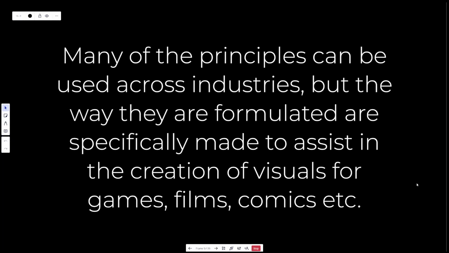Okay, let's move on here. Many of the principles can be used across industries, but the way they are formulated are specifically made to assist in the creation of visuals for games, films, comics, etc. Yeah, so that's just a continuation of that, right? These principles can be used in other mediums, some other areas, etc., but in the context of this presentation, it is specifically for the entertainment industry. Okay, so